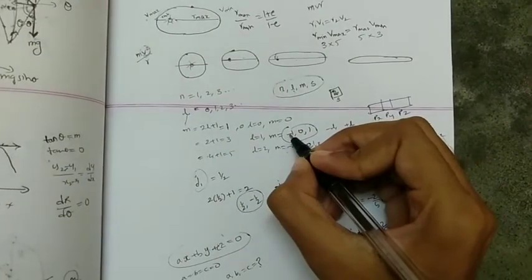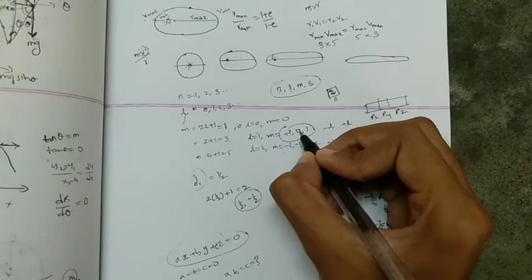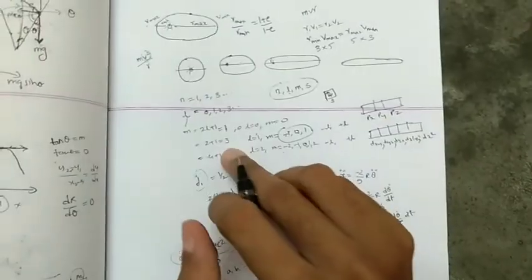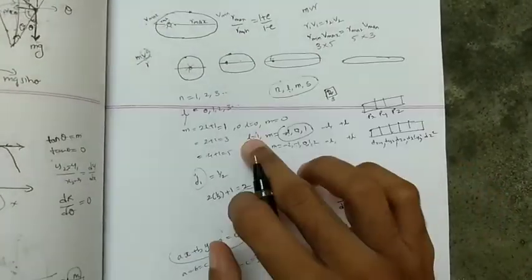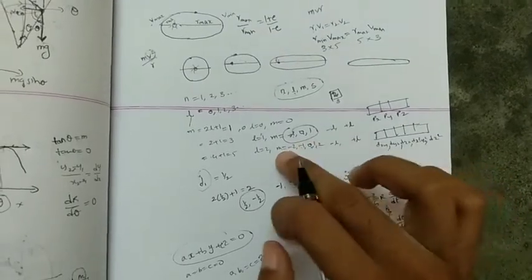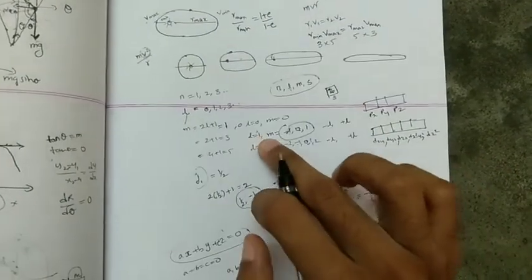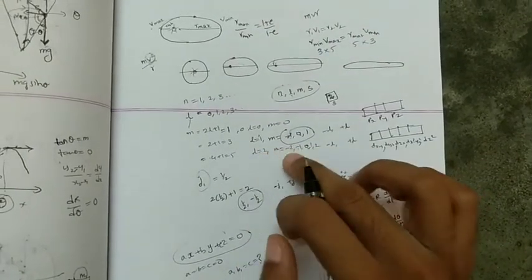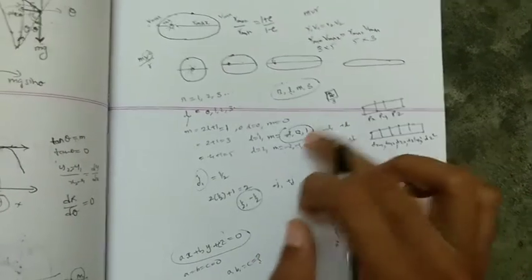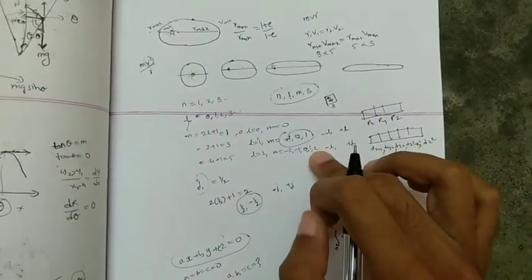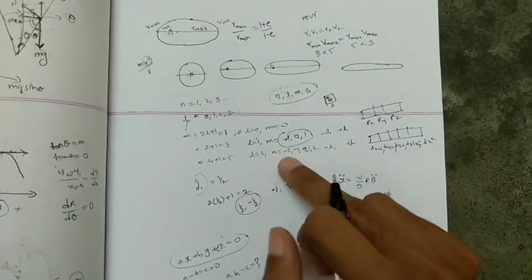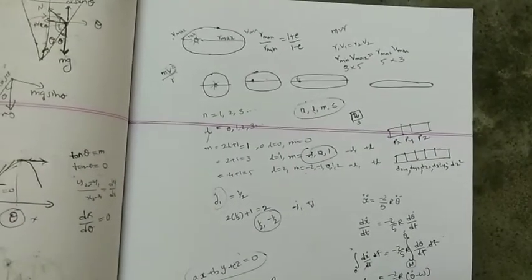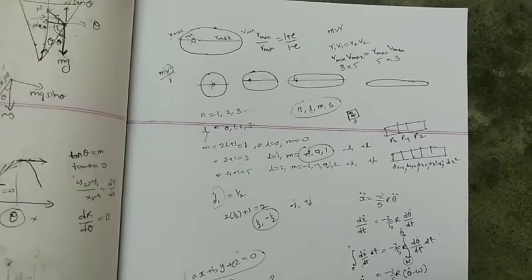For given m equal to minus 1 we have the same l value. For m equal to 0 we have the same l value. For m equal to 1 we have the same l value. So for all these m values the l value is the same. Here also the same thing. But at a certain point, for l equal to 2, we cannot have minus 3, minus 4, beyond minus 2, and beyond plus 2, that is 3, 4, 5. So the m values only range from minus l to plus l. Based on this we have limiting values.